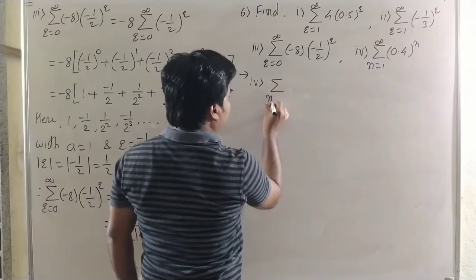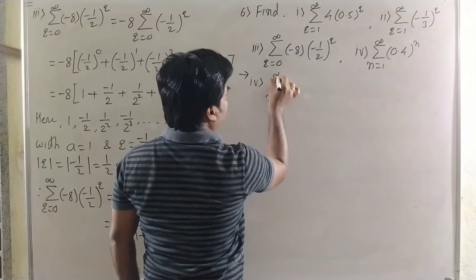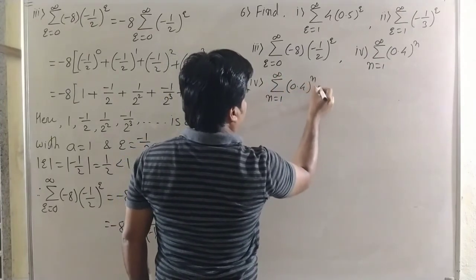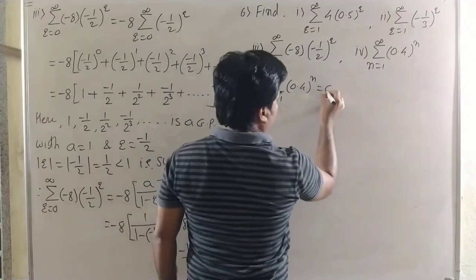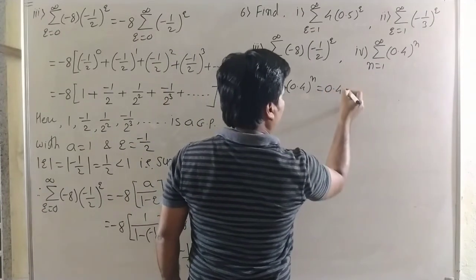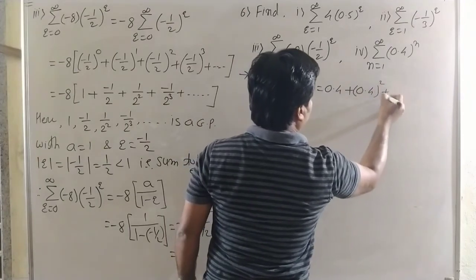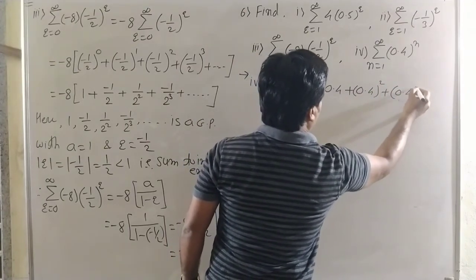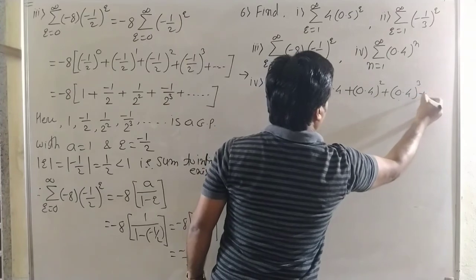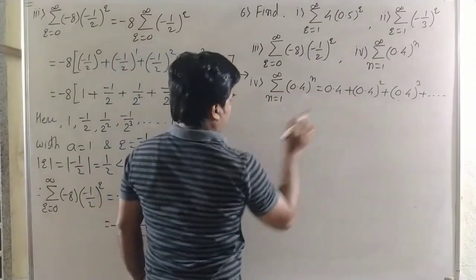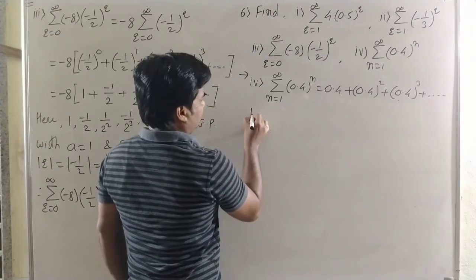Summation over n is equal to 1 to infinity 0.4 to the power n, and then it is 0.4 to the power 1 plus 0.4 to the power 2 plus 0.4 to the power 3 plus and so on up to infinite. Again this sequence,